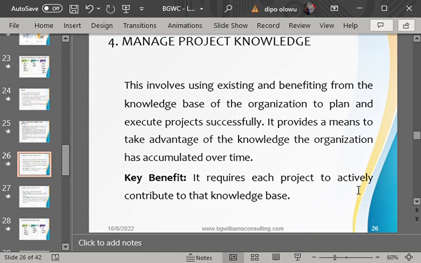Okay, now what is work performance information? There is a difference between work performance data and work performance information. Work performance information is when the project manager analyzes the work performance data that he received from the team and confirms if it is in alignment with the project management plan. That analysis of comparing, analyzing, checking, tracking: okay, this work performance data that I have received, let me now compare it with the plans we have.